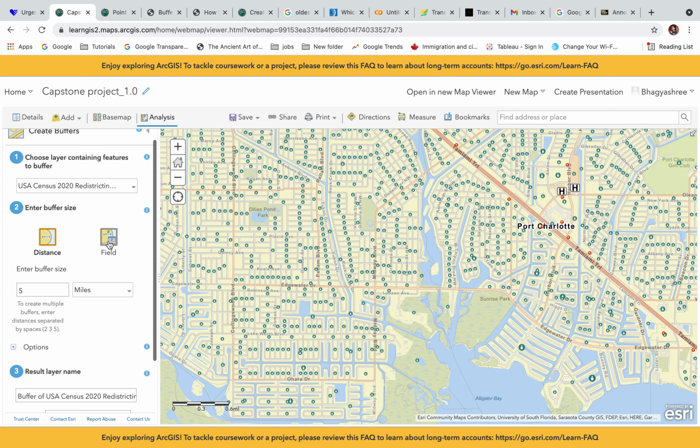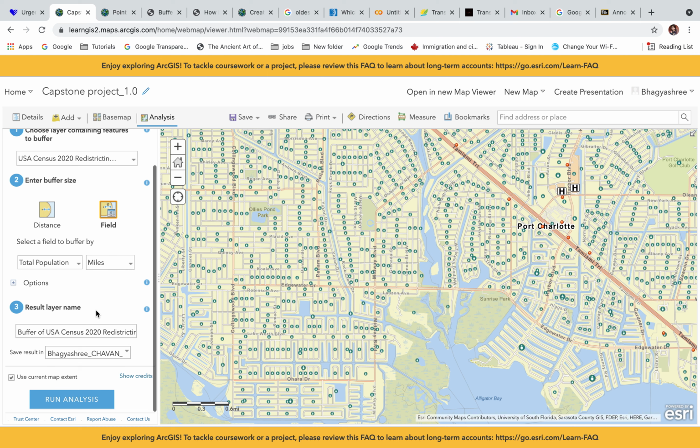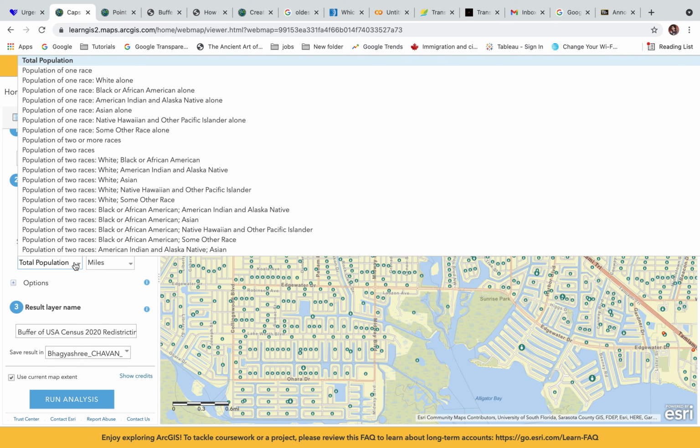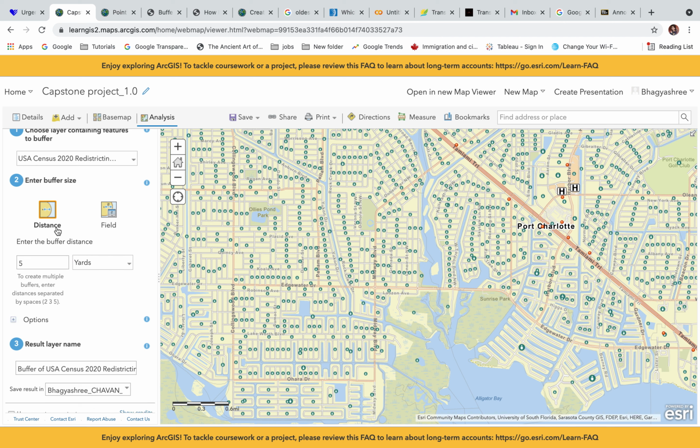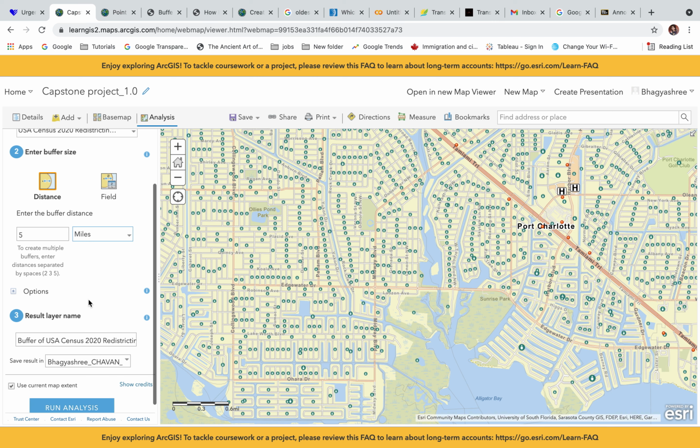If you want to change something, you can do that as well. Here you can see the field-wise options, and here you can see the distance. I am concerned with the distance right now, so I'm going to add that.